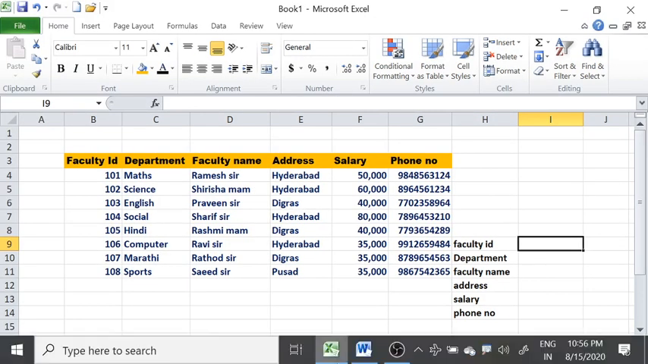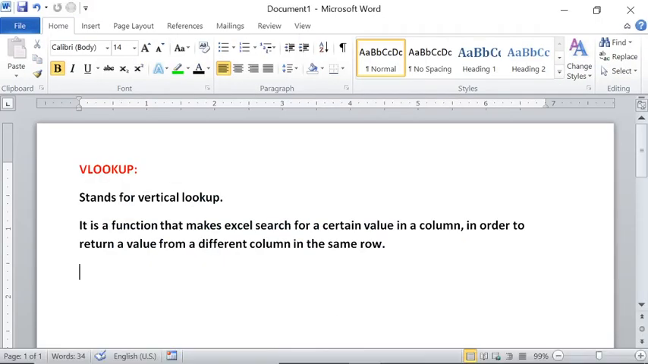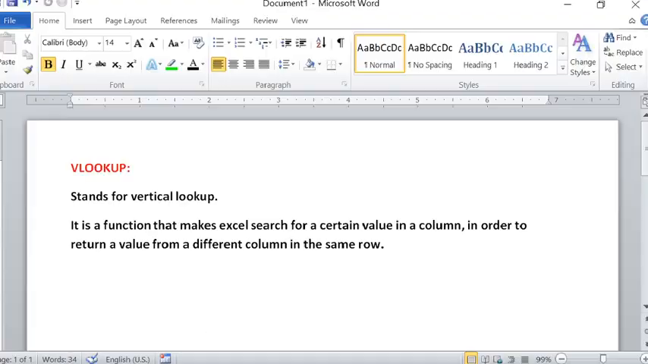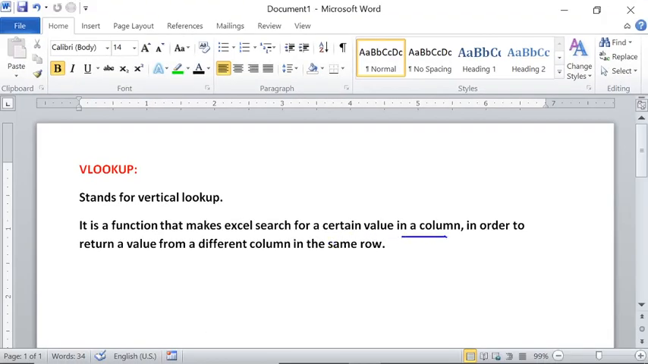So that is the meaning of this. See here, it is a function that makes Excel search for a certain value in a column. Here we are giving 104 in order to return a value from a different column. That means we are giving 104, so it has to give the different column, that means department, and it has to give the different column values, that is phone number and salary, of the same row. See here, same row means,